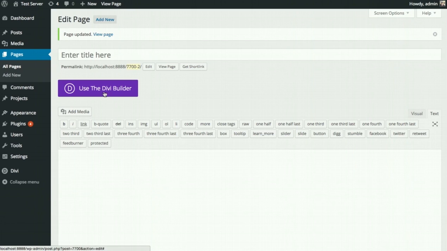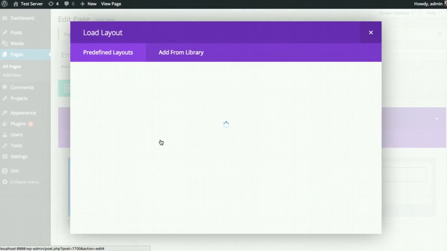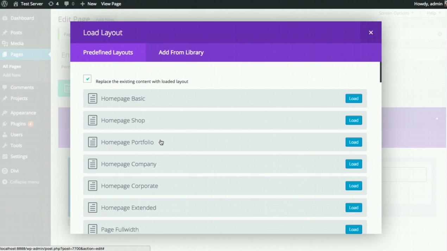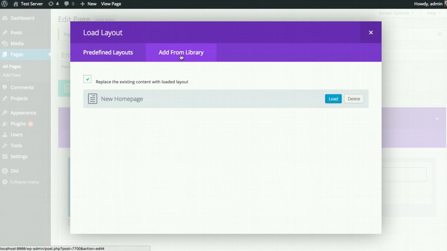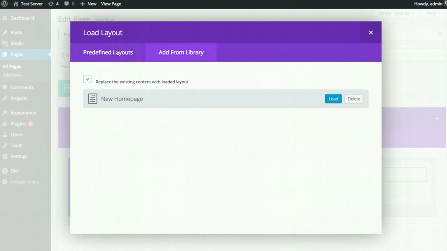And so what I'm going to do is start back with the Divi Builder. I'm going to click Use the Divi Builder, but this time instead of starting from scratch, I'm going to click the Load from Library button. What this is going to do is load up my Divi library as well as the pre-made layouts that ship with Divi. And since I actually haven't saved anything to the Divi library, I don't have anything in my library. Actually, I have one that I've saved. But